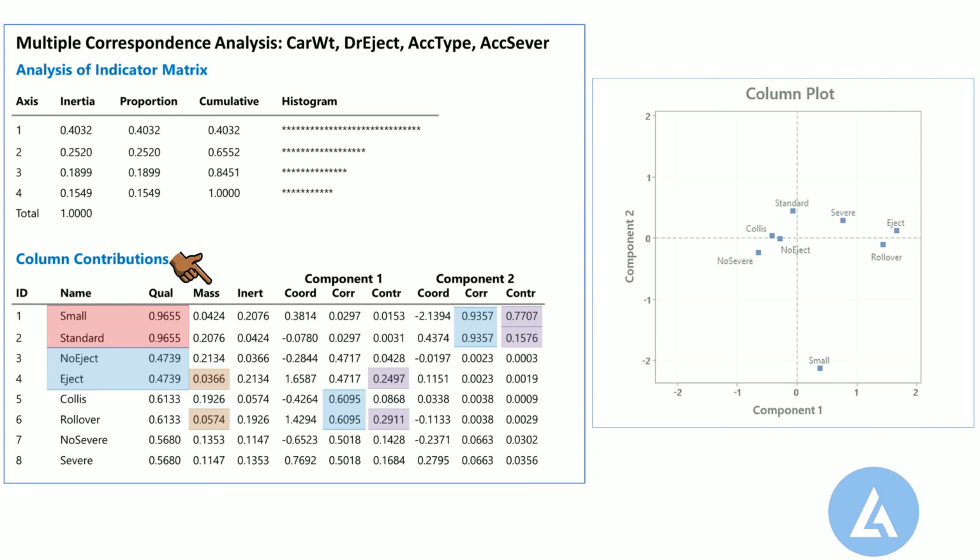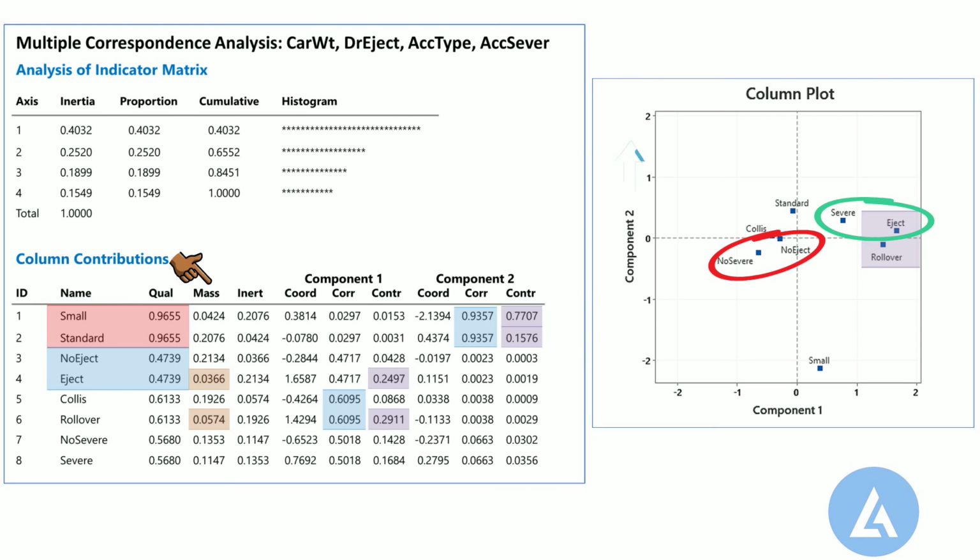In the column plot, eject and rollover are most distant from the origin along the horizontal axis for component 1. This corresponds with the relatively high contribution of these categories for component 1. Because eject and no eject, as well as severe and no severe, are on opposite sides of the origin, component 1 contrasts these category values.